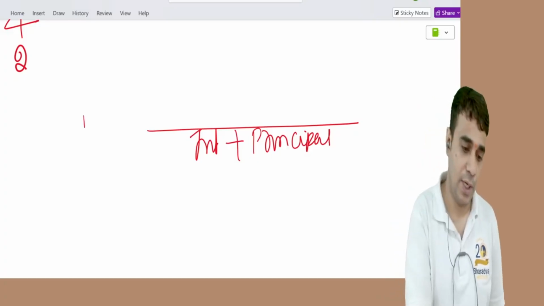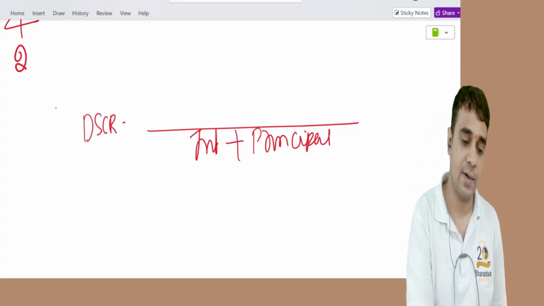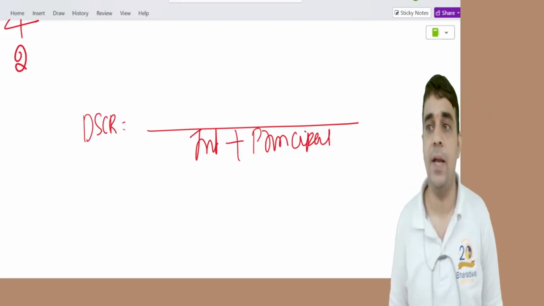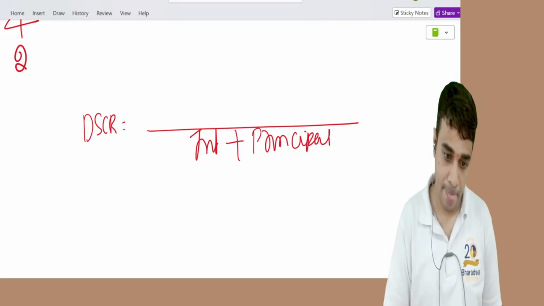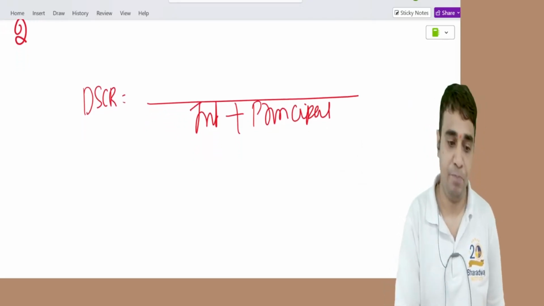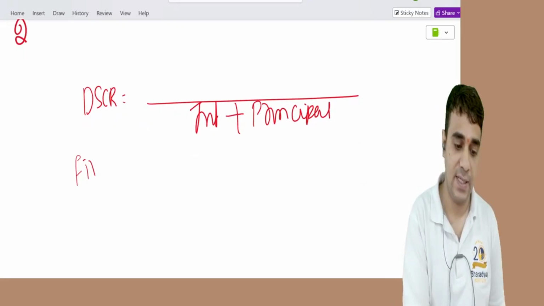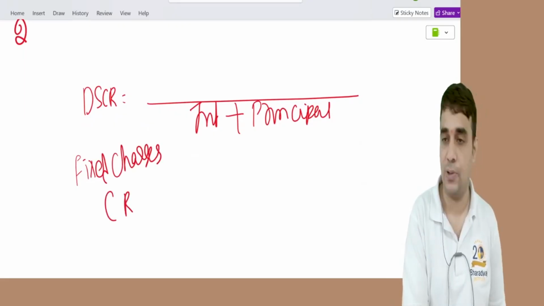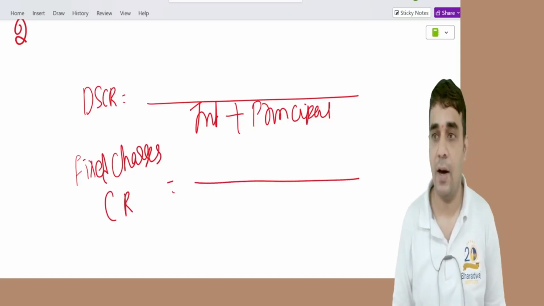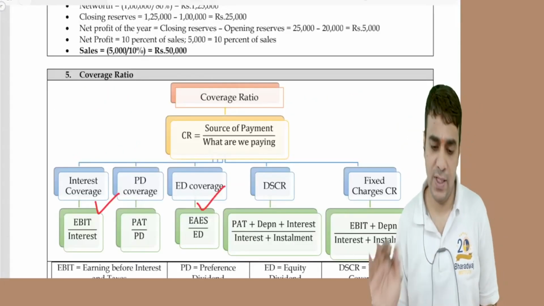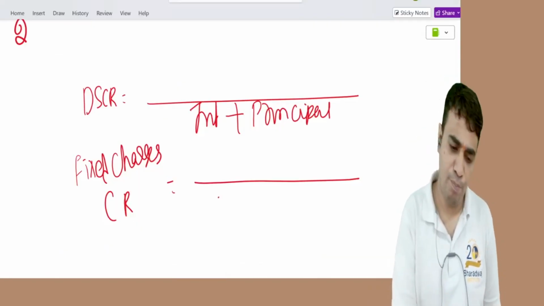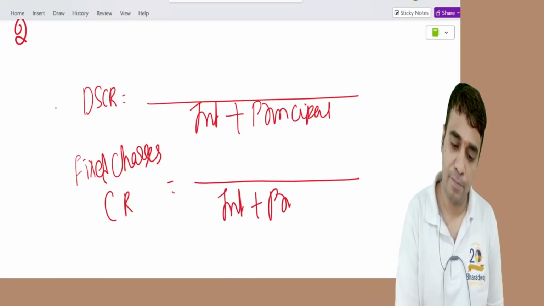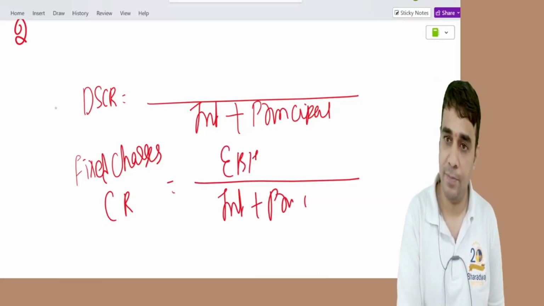That is measured through a ratio called DSCR, debt service coverage ratio. ICAI study material has another ratio which I've never seen in the practical world, but looking at how the exam tests, they may test this also: the fixed charges coverage ratio. I have not seen this in the practical world, but ICAI material does have this. Both have the same denominator. This has EBIT starting,